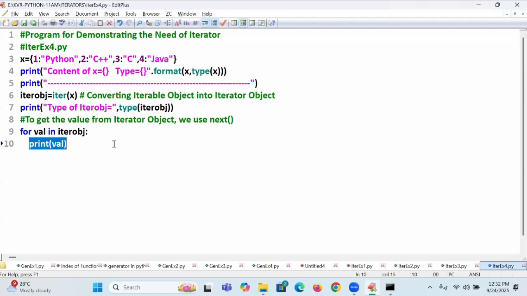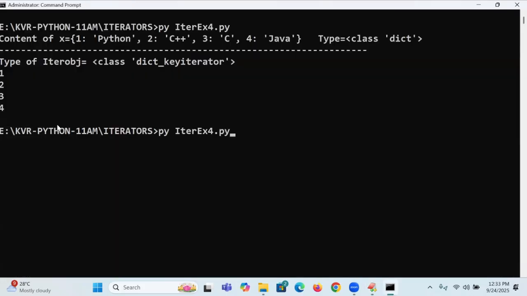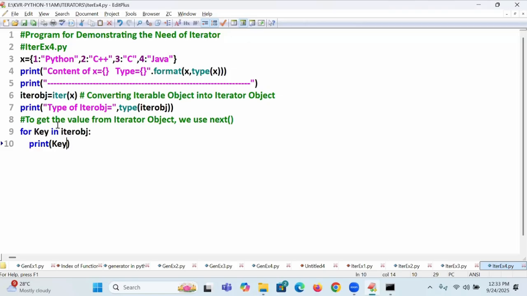Now I got it. So now how to get the value? These are all called keys. This is called key or not? Now what do I want to print? This is called key, only keys are coming. So key only printed here. Now I need to print values also. How to print it? Tell me. Comma, arrow. I need to print what? Value. How to print the value? Tell me.